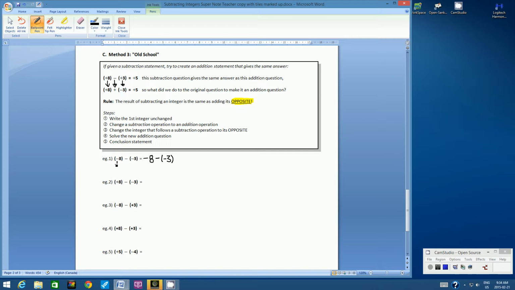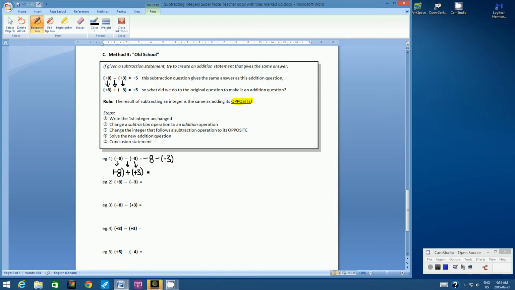The first integer unchanged is negative 8. Step 2, change the subtraction operation to an addition operation. So this subtraction becomes addition. Step 3, change the integer that follows a subtraction operation to its opposite. Well, this is the integer that follows the subtraction operation. The opposite of negative 3 is